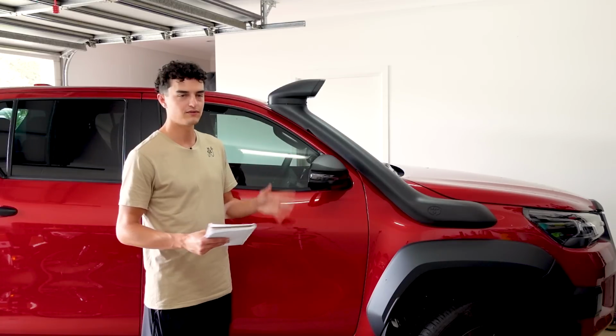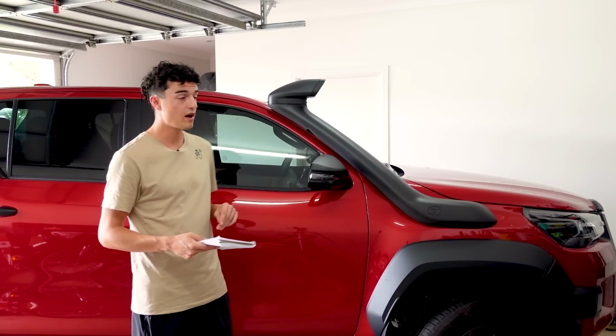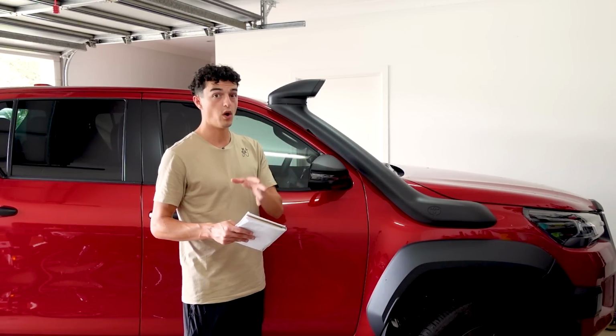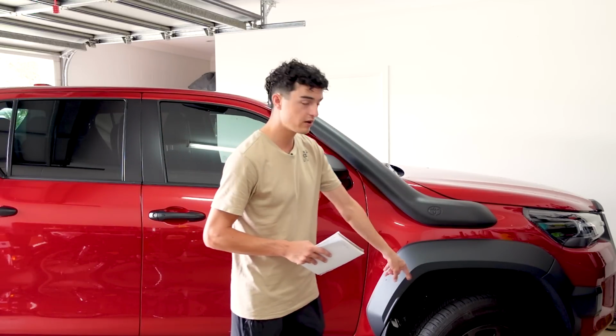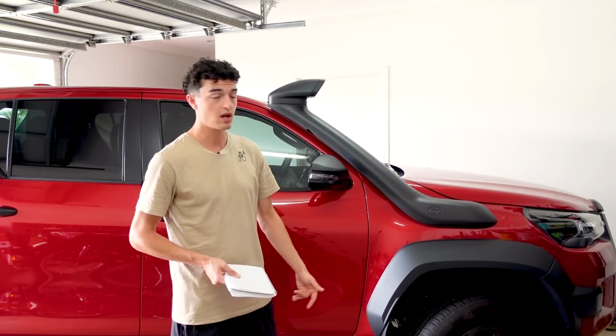Every single time I drive this vehicle and try to park it, I'm always going in and out, in and out, in and out. So that just gives you a bit of an idea. If anyone says the turning circle on this is bad, it's worse than you think it is. Believe me on that. Now, if you want to put a lower offset wheel on here, which I will be doing because the wheels are hilariously tiny,